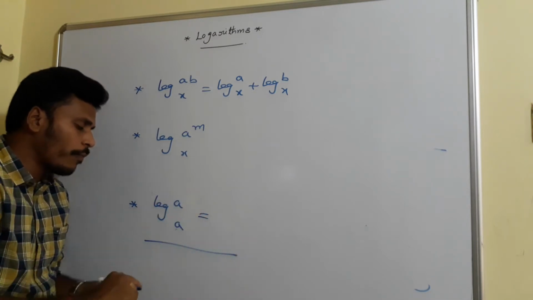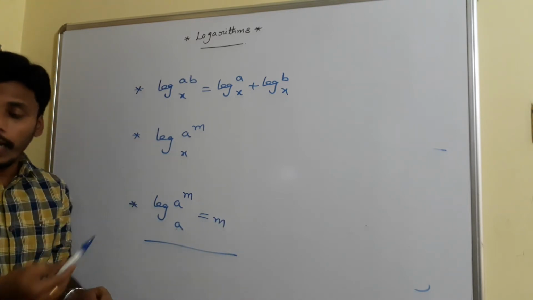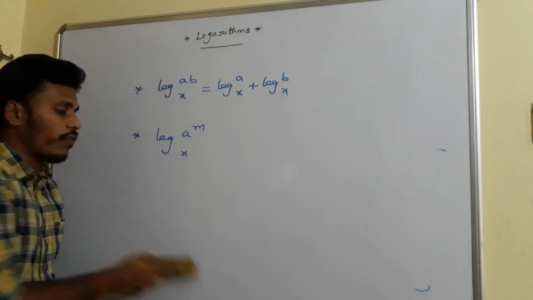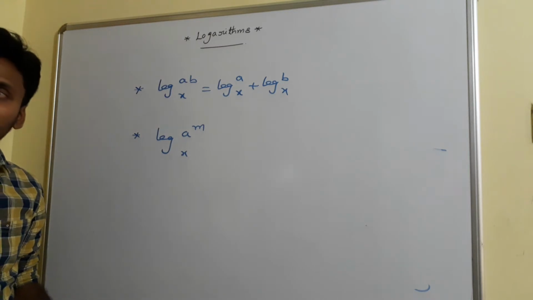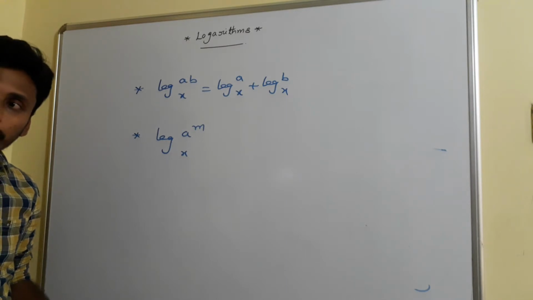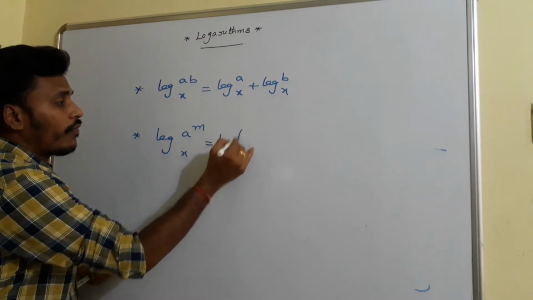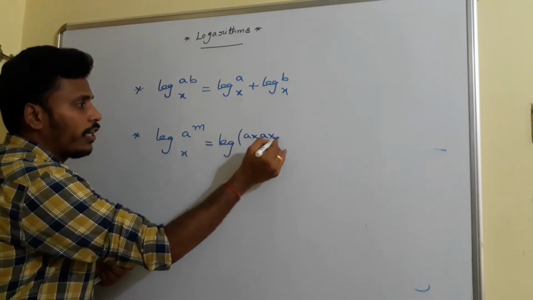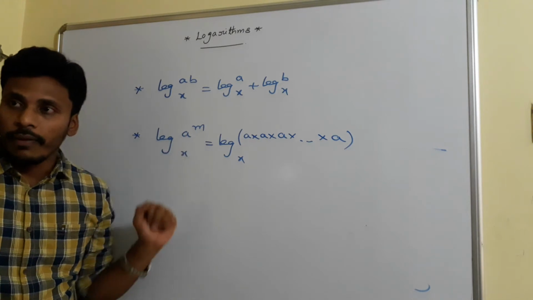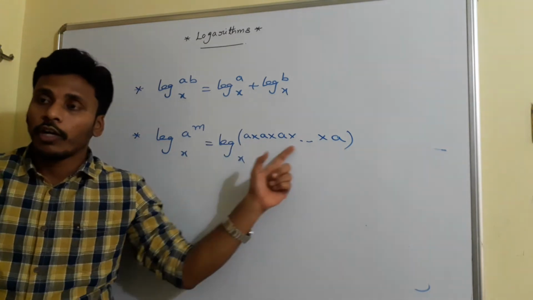If you replace x with m, then the logarithm of a power m base a is equal to m. But now what I am mentioning here is logarithm of a power m base x. Now how to simplify that logarithm of a power m base x? See, once think how to simplify it. That is a power m, right? That a power m can be written as a into a and so on into a for m times, base x. This is logarithm of a power m. That a power m can be written as the product of a's for m times, and this is the logarithm of the product of m a's.